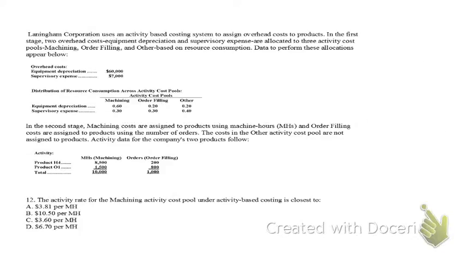And the last one on this particular video will be number 6. Okay, this is question number 6, and I'm looking for the activity rate. So what I need to do is I need to take my 60,000, which is my costs up here, and I need to multiply it by how much depreciation I am going to take. Keep in mind, I'm looking for machining, which is 0.6, so I've got to multiply it times 0.6, and that will give me